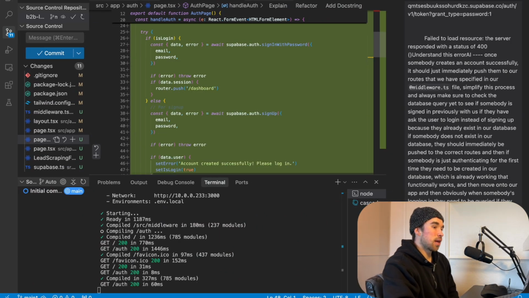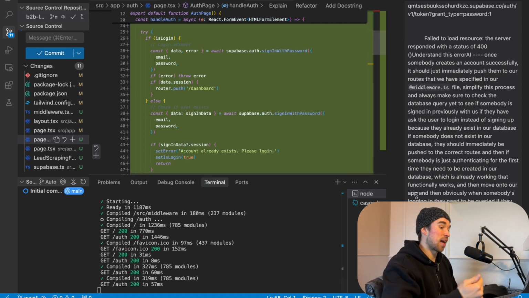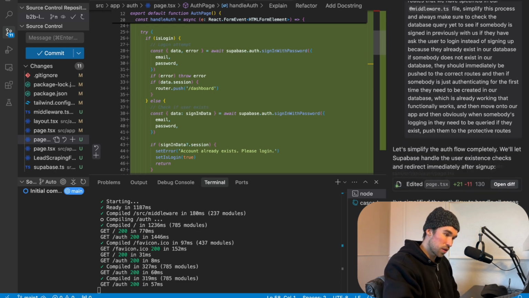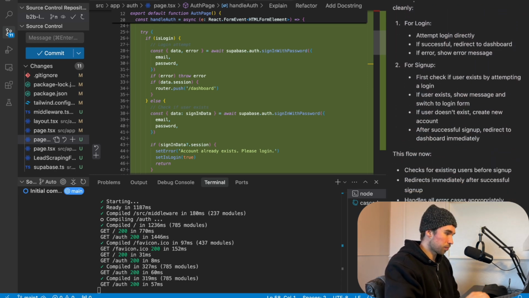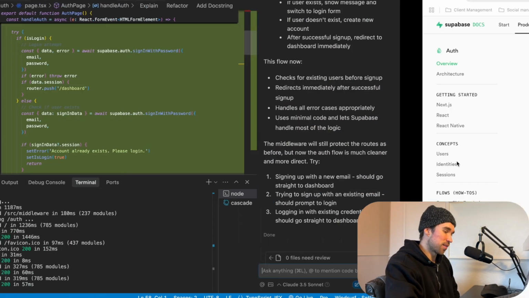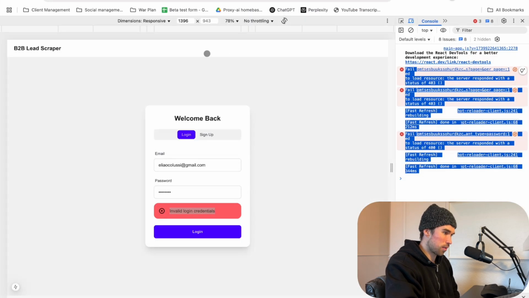Okay, so basically I've just told it that it's failing still and it's compiling in weird ways and basically sending queries to the back end that don't exist yet. So before somebody is actually authenticated, it's trying to log them in. And I think that's what's throwing our errors, which is just super annoying. So I'm going to see if this has fixed it now. I gave it more